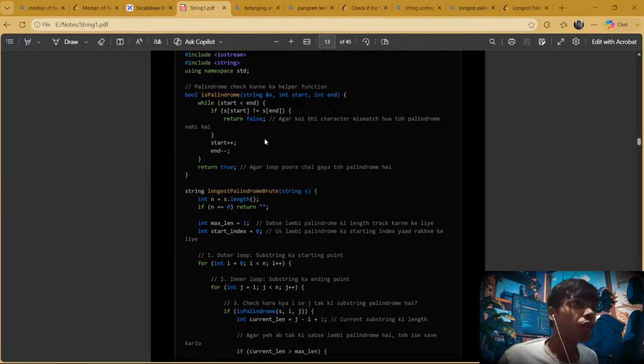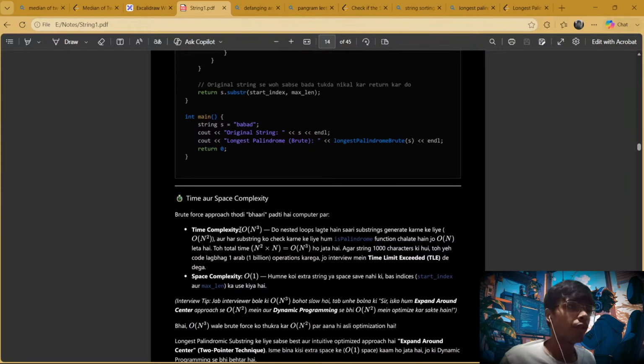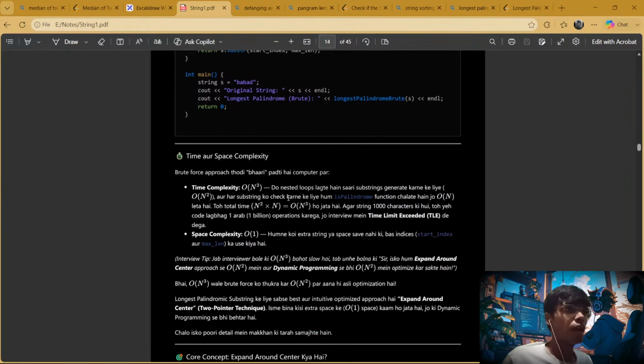तो, लॉन्गेस्ट पैलिंड्रोमिक सब स्ट्रिंग, ओके ये सब तो चलो तीन पांच करके निकाल दूंगा। टाइम कॉम्प्लेक्सिटी होगी O(n³), दो नेस्टेड लूप लगाते हैं सारी सब स्ट्रिंग जनरेट करने के लिए, और सब स्ट्रिंग को चेक करने के लिए इस पैलिंड्रोम फंक्शन चलाते हैं, ये तो ठीक है। स्पेस कॉम्प्लेक्सिटी मेरी स्टार्ट इंडेक्स और मैक्स लेंथ। हमने कोई एक्स्ट्रा स्ट्रिंग या स्पेस सेव नहीं की, बस स्टार्ट इंडेक्स और मैक्स लेंथ का यूज हुआ है।